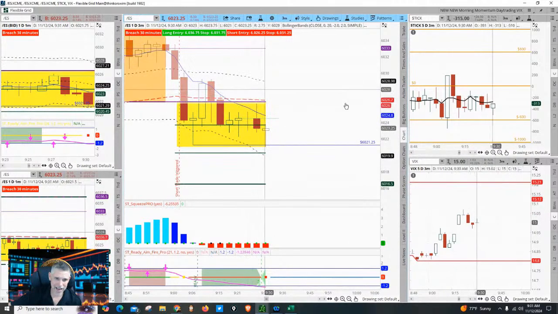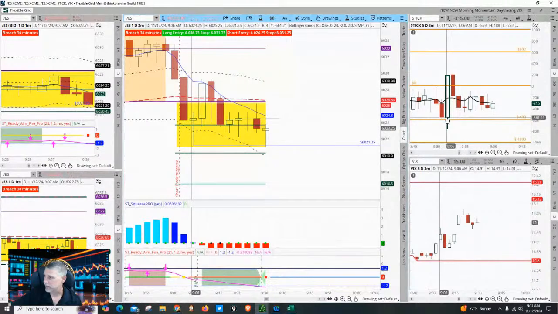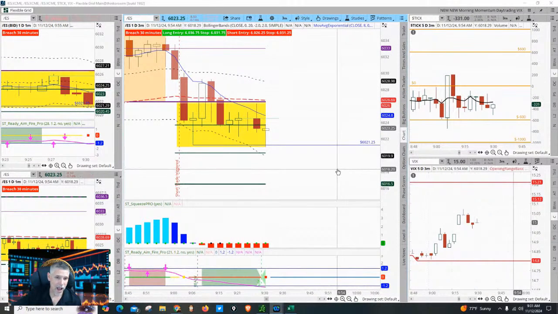If it goes back inside the range, that's it for me. I'm not going to lose my money this morning. Now, I'll be looking this afternoon, based on the new information, but I'm not going to lose money in the morning with this activity, which is no activity. Does that make sense?